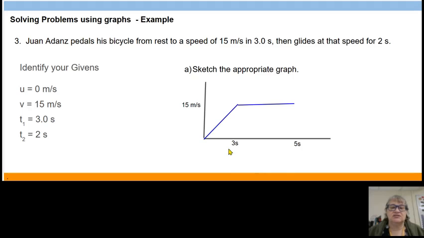Now, if you notice, my graph is not perfect, right? My 3 seconds is definitely shorter than my 2 seconds in between the 3 and the 5. That's okay, because you want to give yourself a visualization of what's going on. And if you try to cram it all into some tiny little graph, you won't be able to see what it is that's going on. Okay,